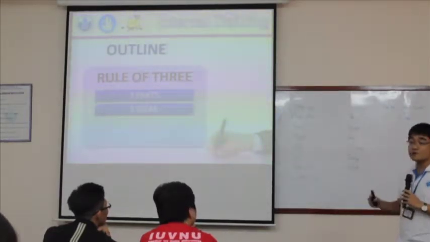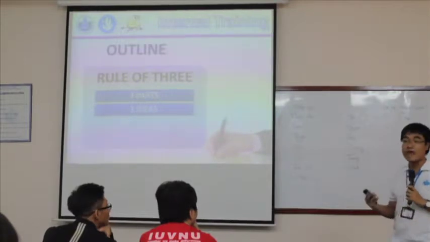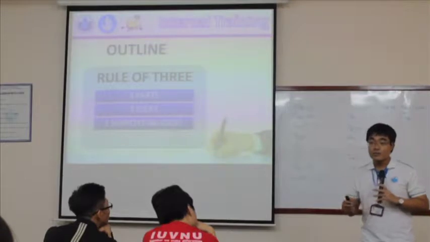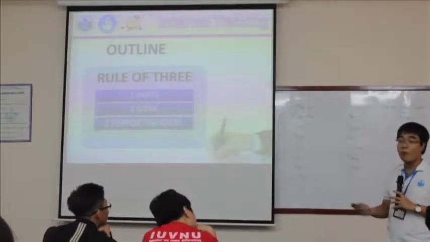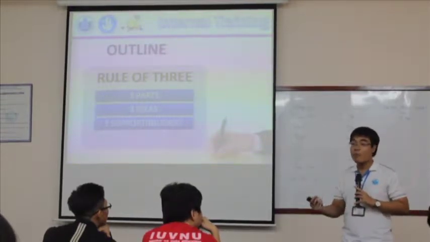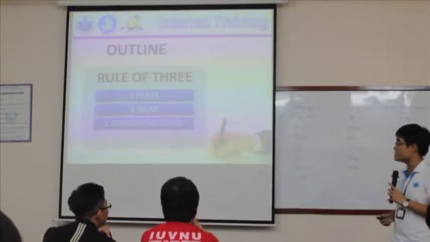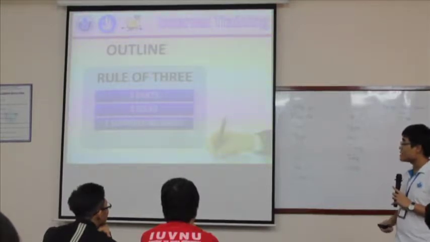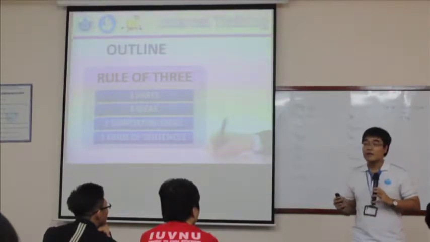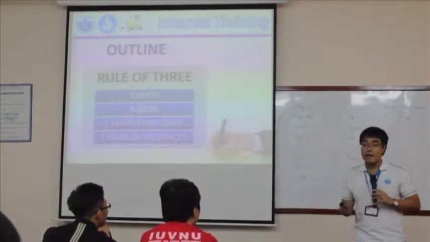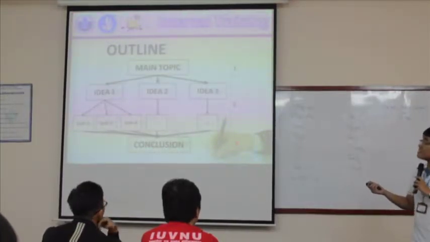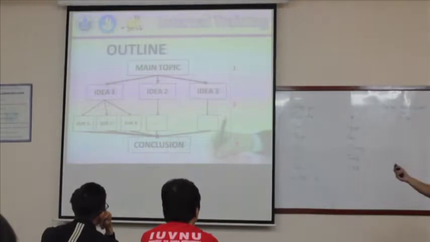And then, in order to support your idea and opinions, you should have 3 main ideas. And for each main idea, you will provide 3 supporting or smaller ideas so that it can make it clearer and even more convincing for your argument. And more importantly, in order to connect your ideas together, you need 3 types of sentences, and I'm going to show you about this one later. And in the case that you didn't follow what I have just said, I have a diagram here for you.